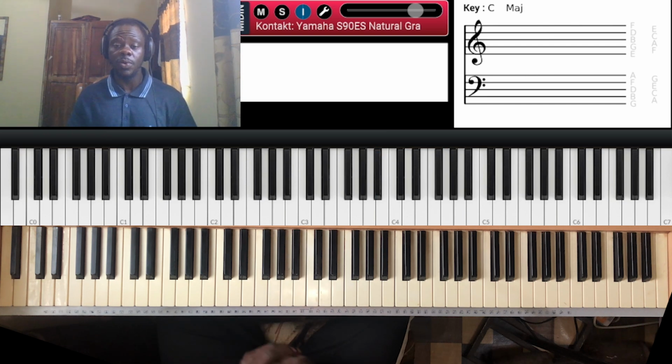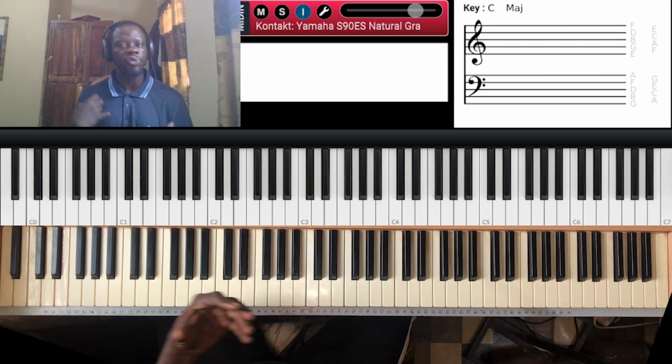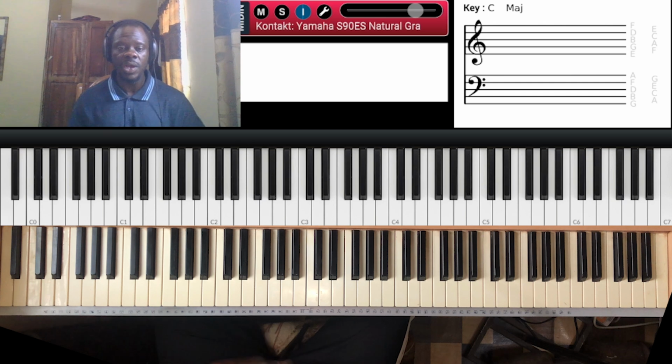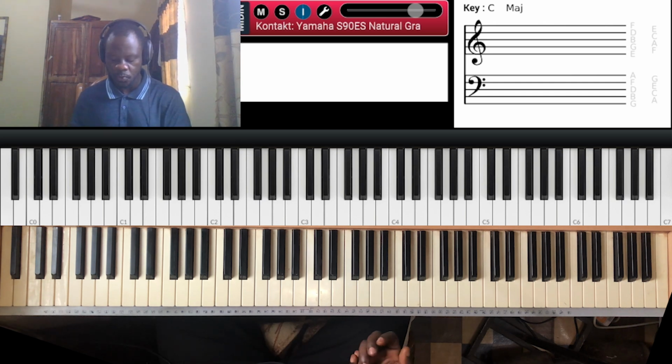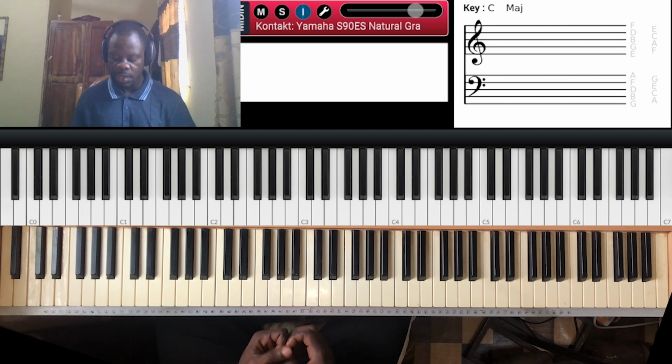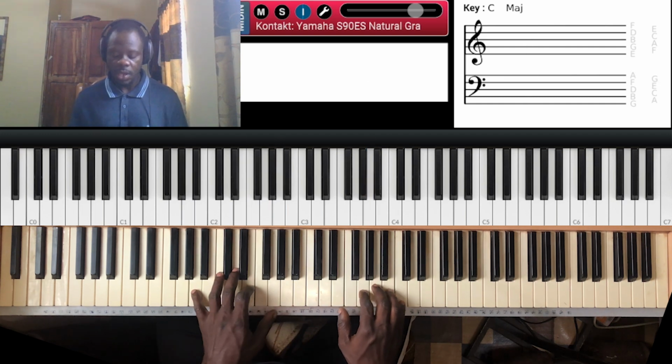People say they want to learn about passing chords, and for me, generally, I learn chords, I learn progressions, and then you'll find out that in learning progressions and chords, you'll find passing chords there. All right, so for example, if I want to play in a key of C, if I want to play